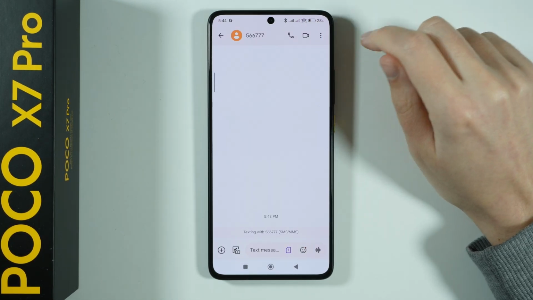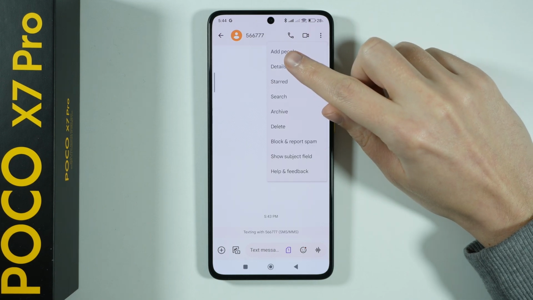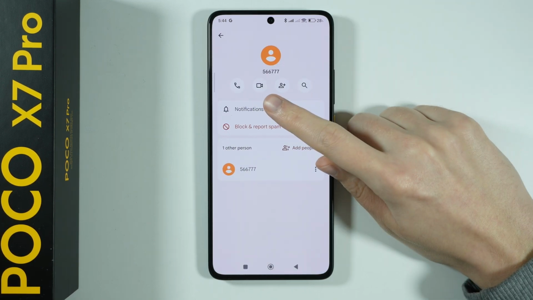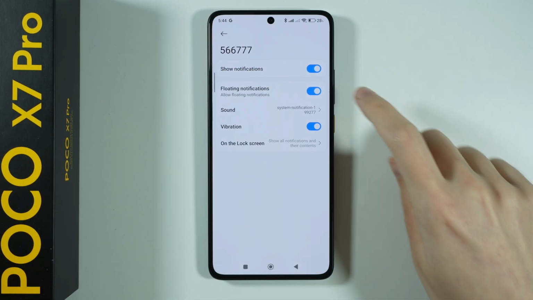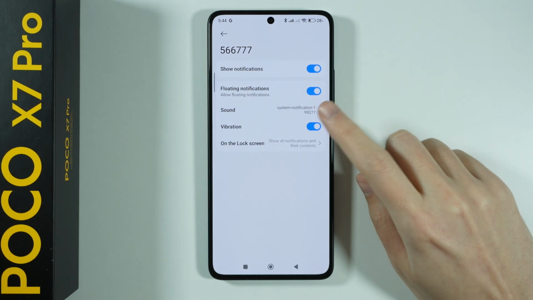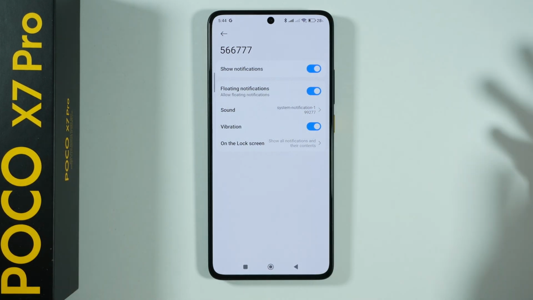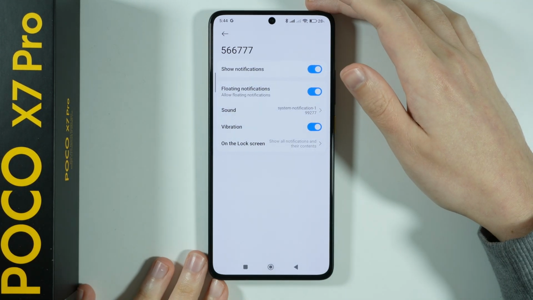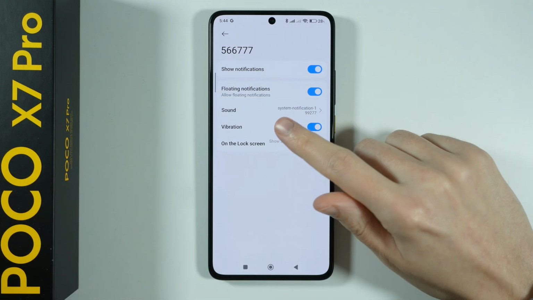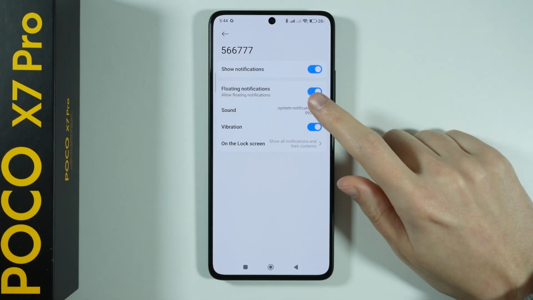Tap on these three dots in the top right corner and go to Details. In Details, choose Notifications, and here you have your sound. Now, this is the same sound that I have for all my notifications. So if I want to choose a different notification sound for this specific conversation, then of course I want to